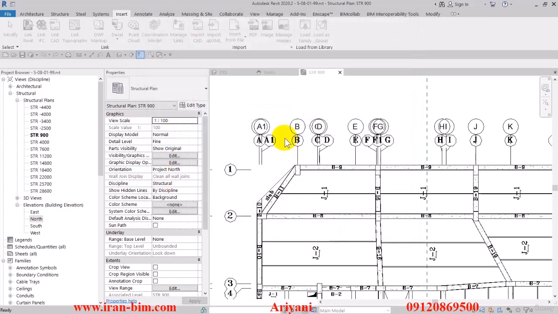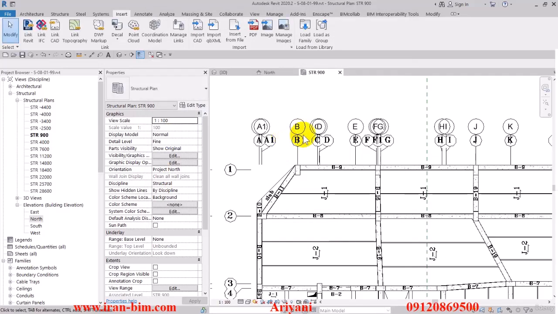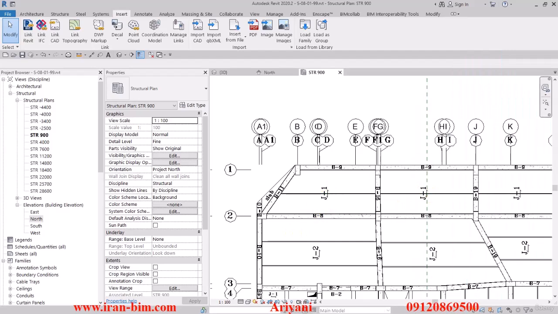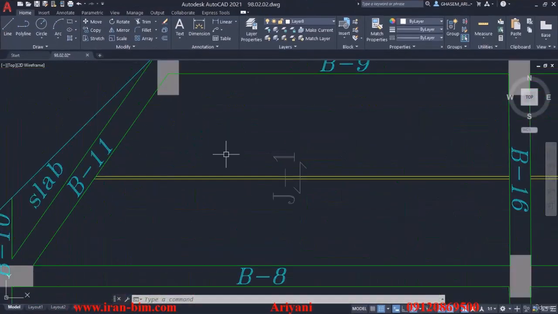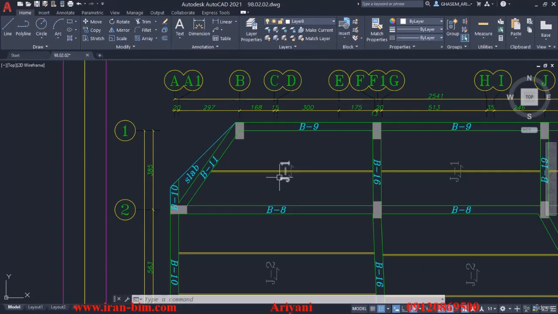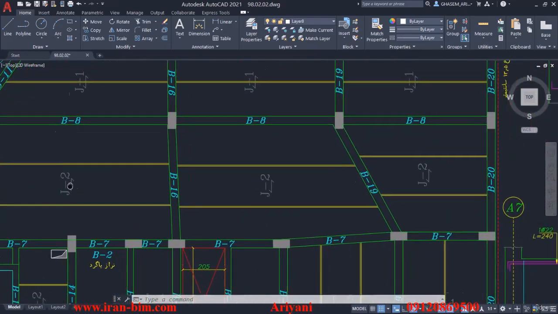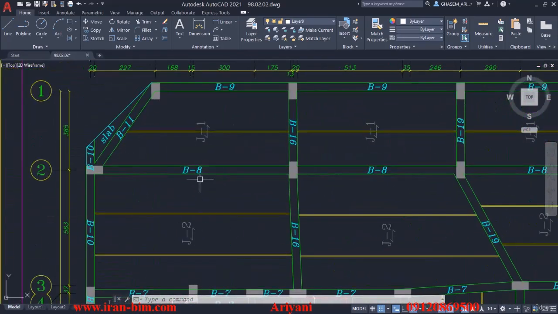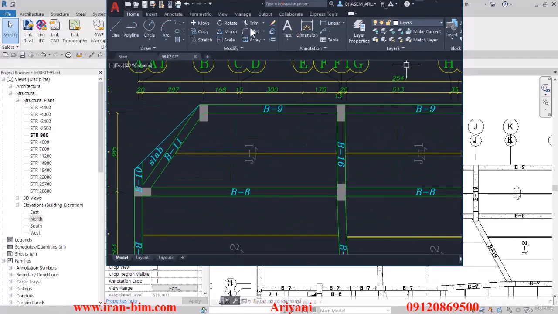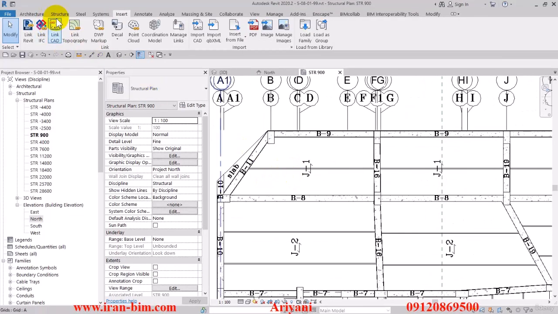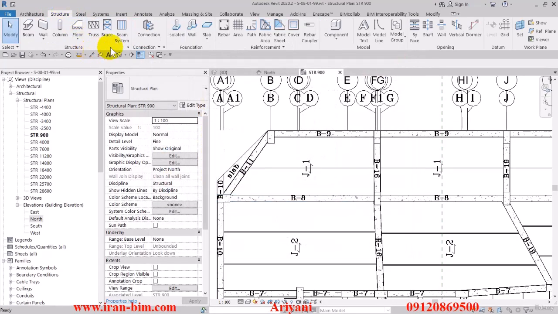So if we take a look at the AutoCAD file, we can see that it's using the J1 type in the plan. Here it says J1. And then after that, we have J2 down here. And then all this area up here is using J1. So I'll go back to the Revit file, and from the Structure tab, I'll go here and select the beam